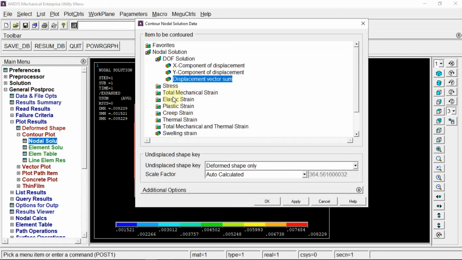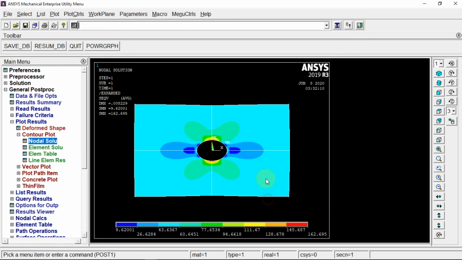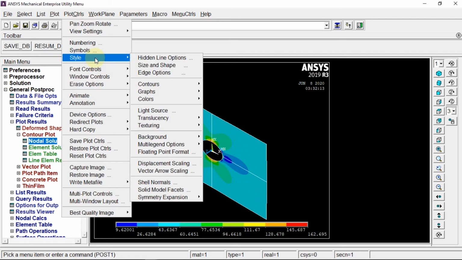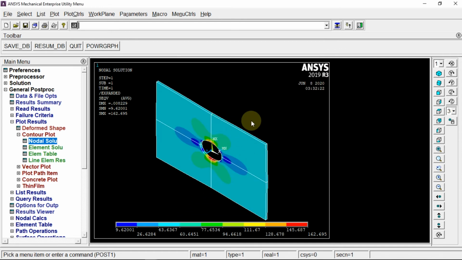So for now I am going for stresses, von Mises, and we can go like this. To see this thickness, we can go for style, shape and size, and turn this on. Okay, so now we have it.